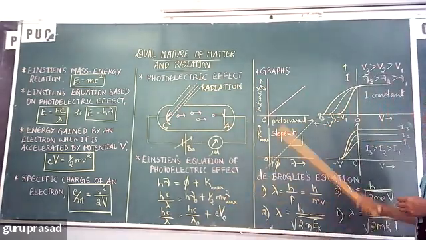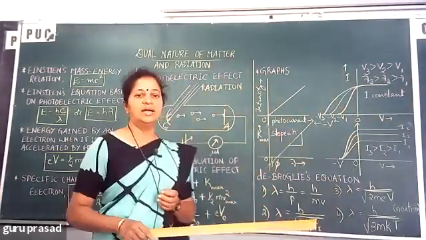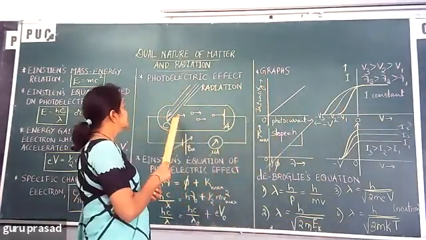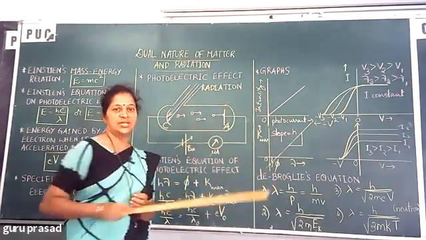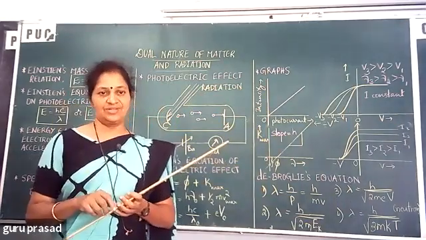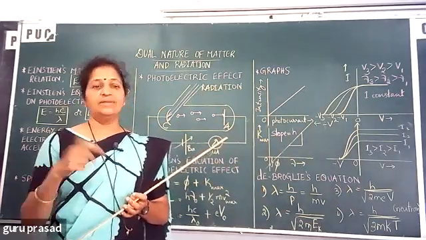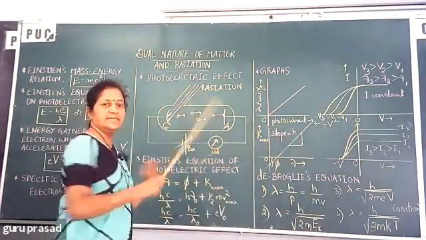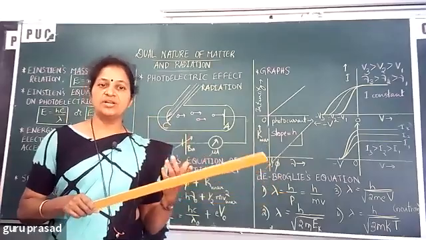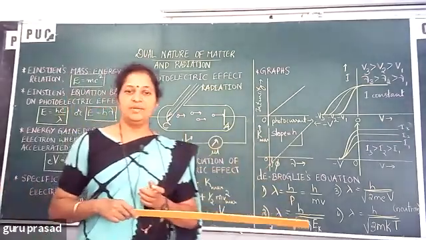Okay. Next, experimentally, scientists got different graphs. We will check one by one. See, the intensity of the radiation indicates the number of photons present in the radiation actually. So more photons means more current. Intensity increases means it is just like the brightness of the light is increased. So the number of photons emitted will also be more, then more current will be recorded in the microammeter.